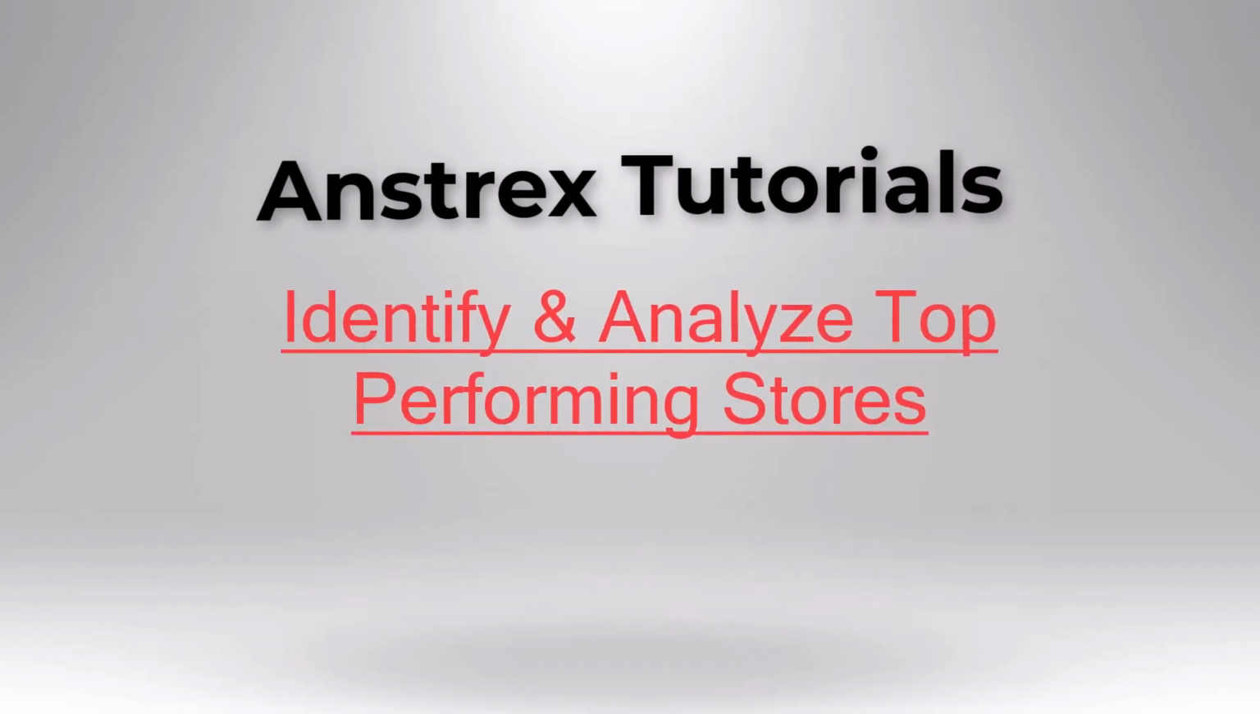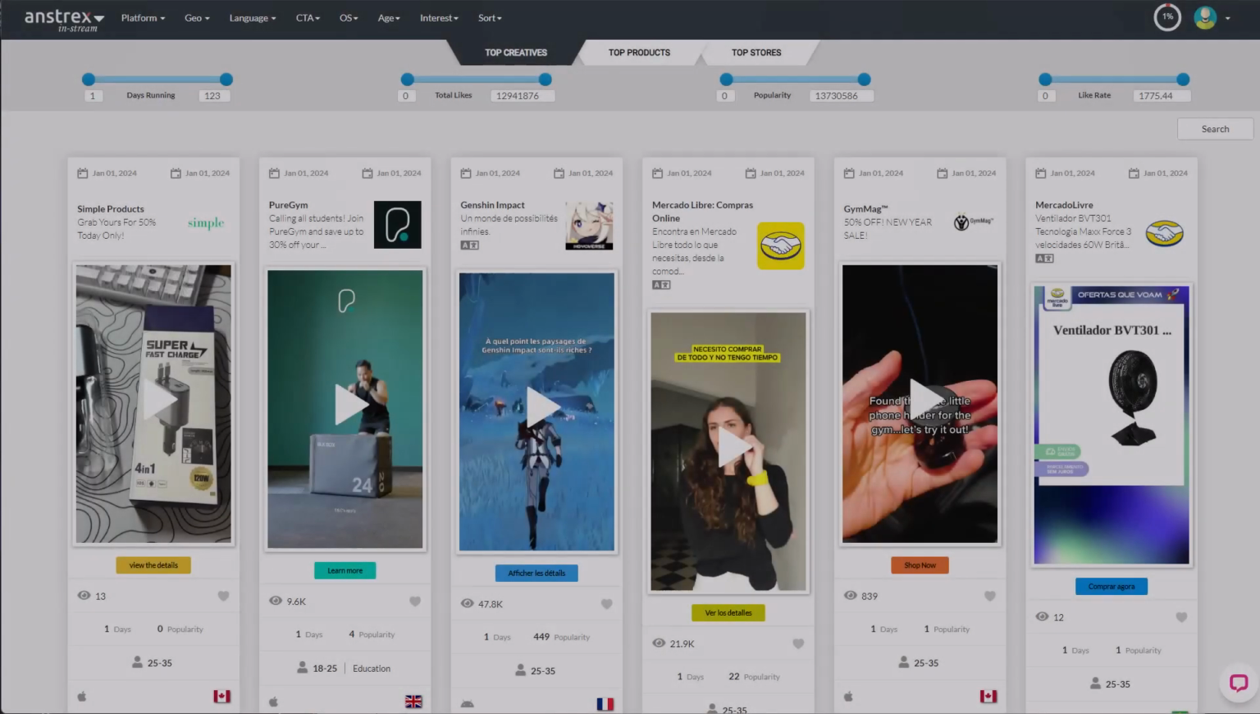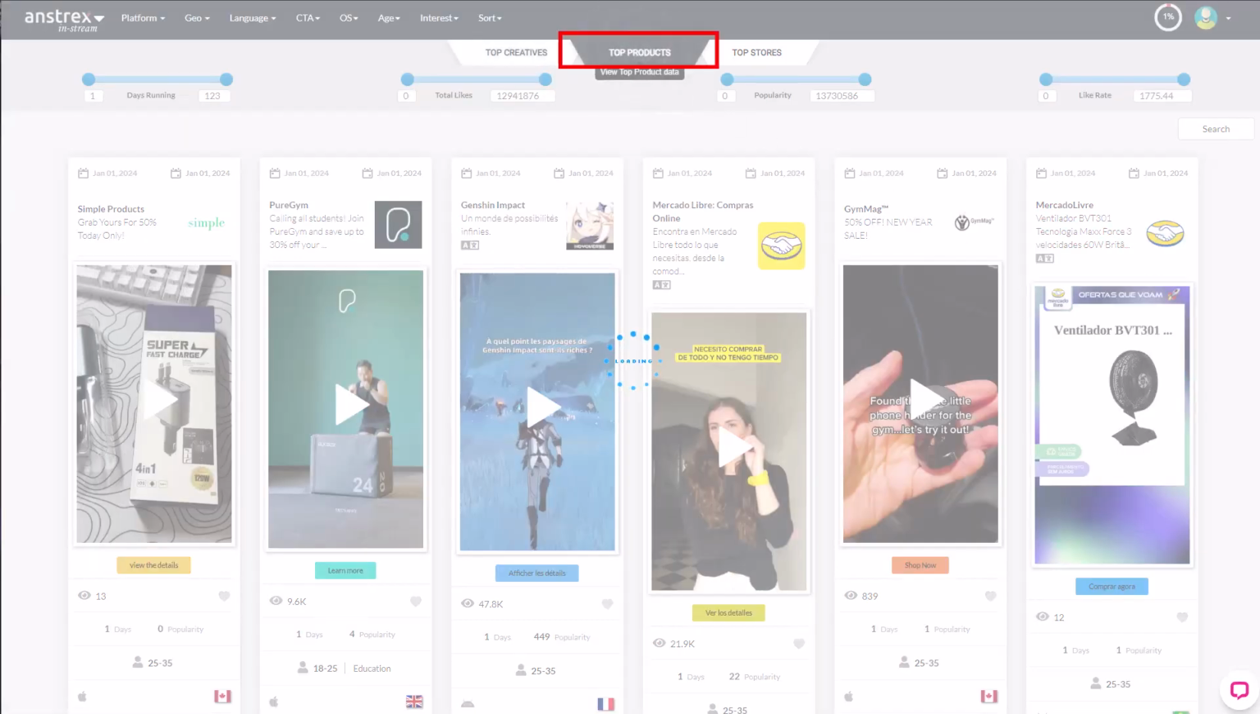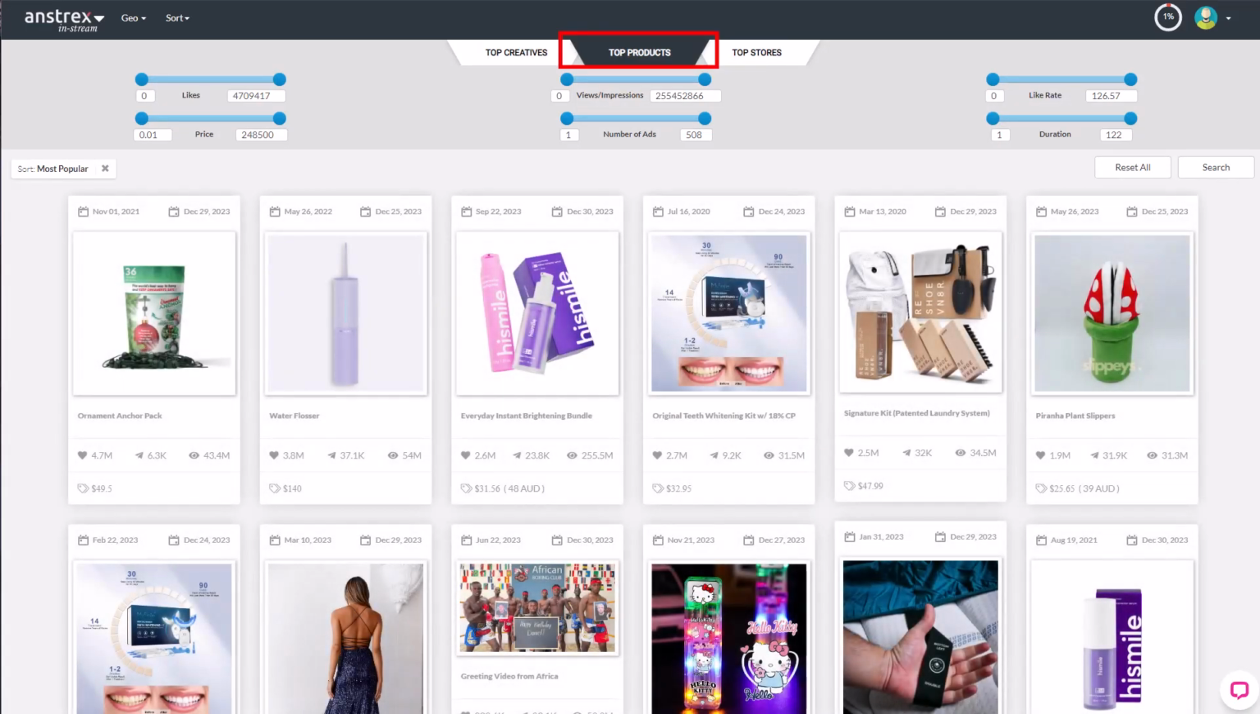In the previous videos, we have seen how you can view Anstrex data in different formats by selecting different tabbed views. Under Top Creatives tab, you can view the data from creatives or ad campaigns standpoint. Under Top Products tab, we use product-centric approach to show you the top-performing e-commerce and dropship products on paid video ads such as TikTok. In this video, we will cover Top Stores tab, which is a store-centric approach to view